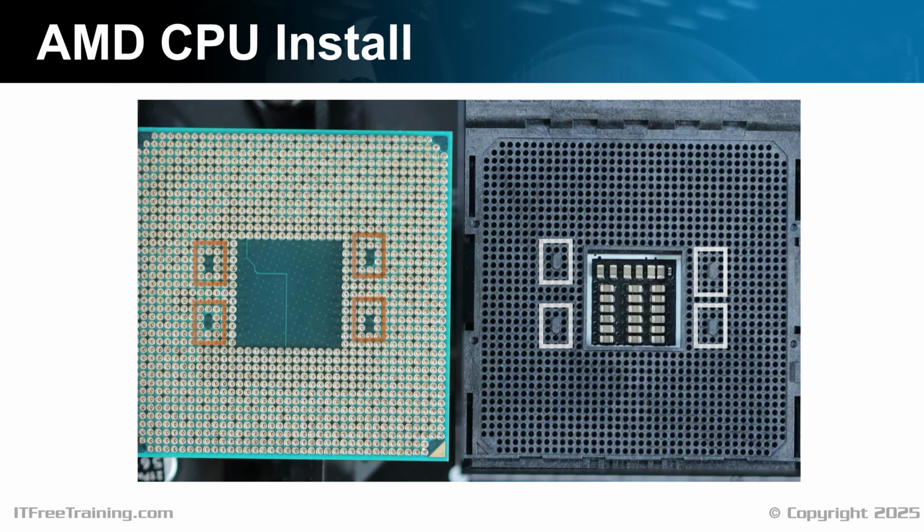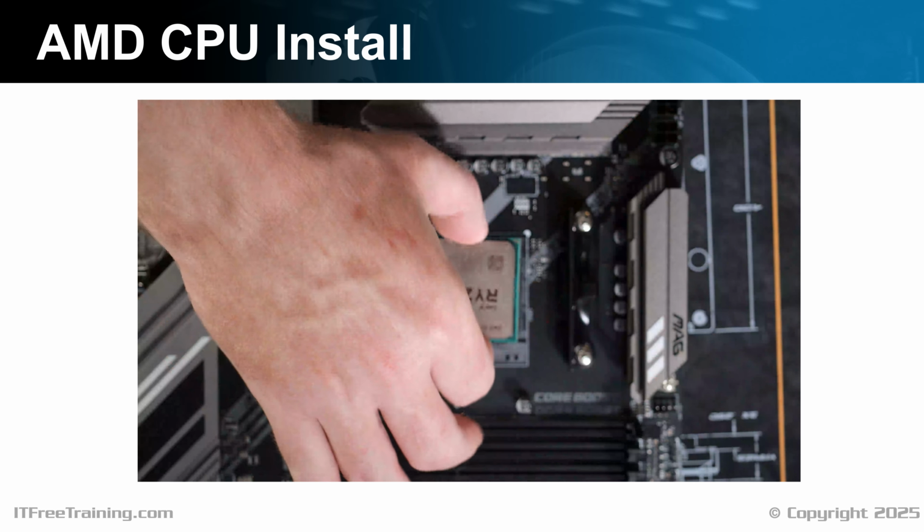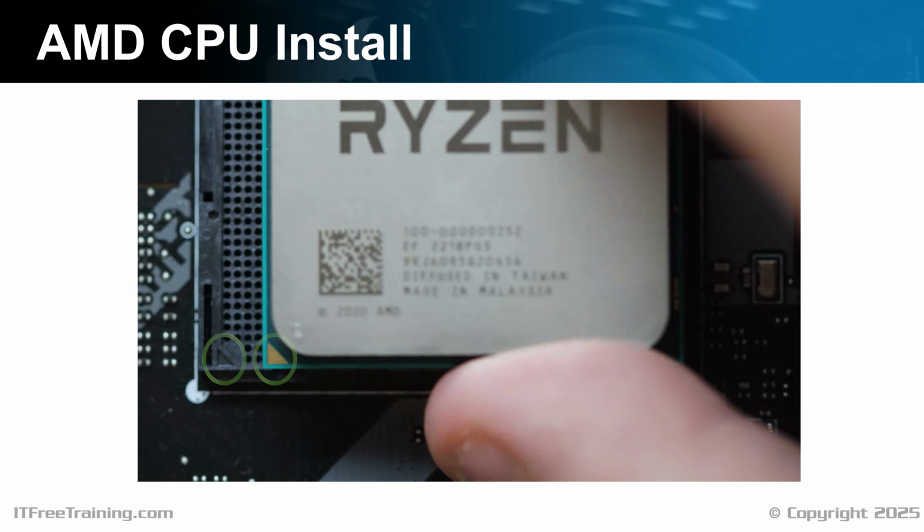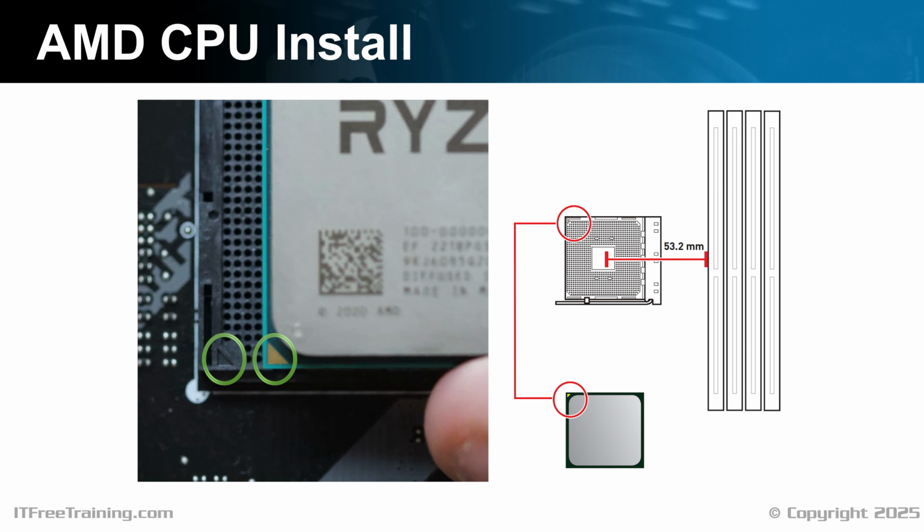I will now lower the CPU into the socket. You need to make sure that when you do this, the triangle on the CPU and the socket are lined up. On some sockets, it may be difficult to find this triangle. If you are having trouble, have a look in the motherboard manual. You'll want to make sure that you complete this step correctly.